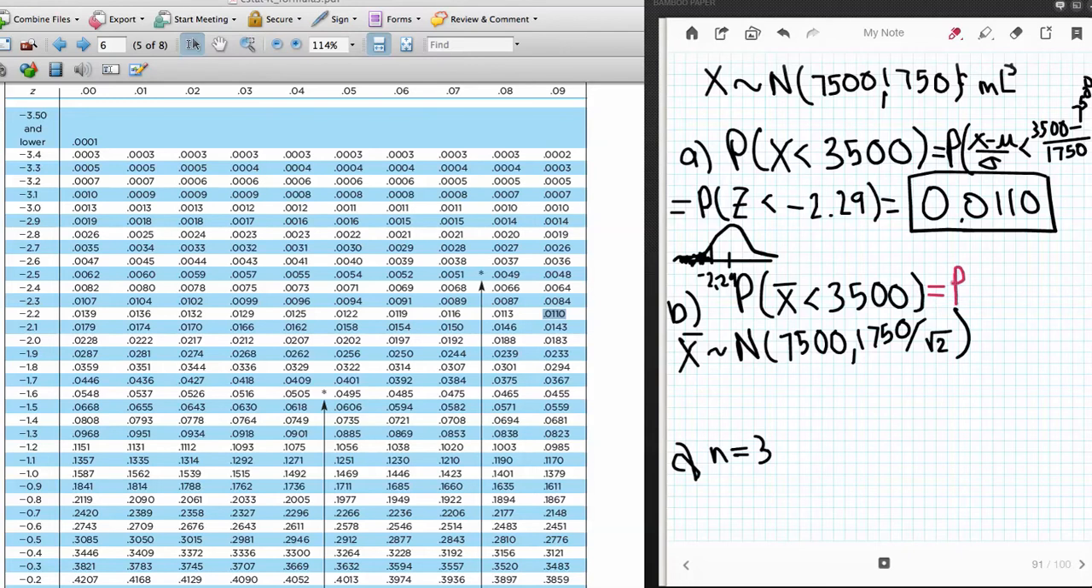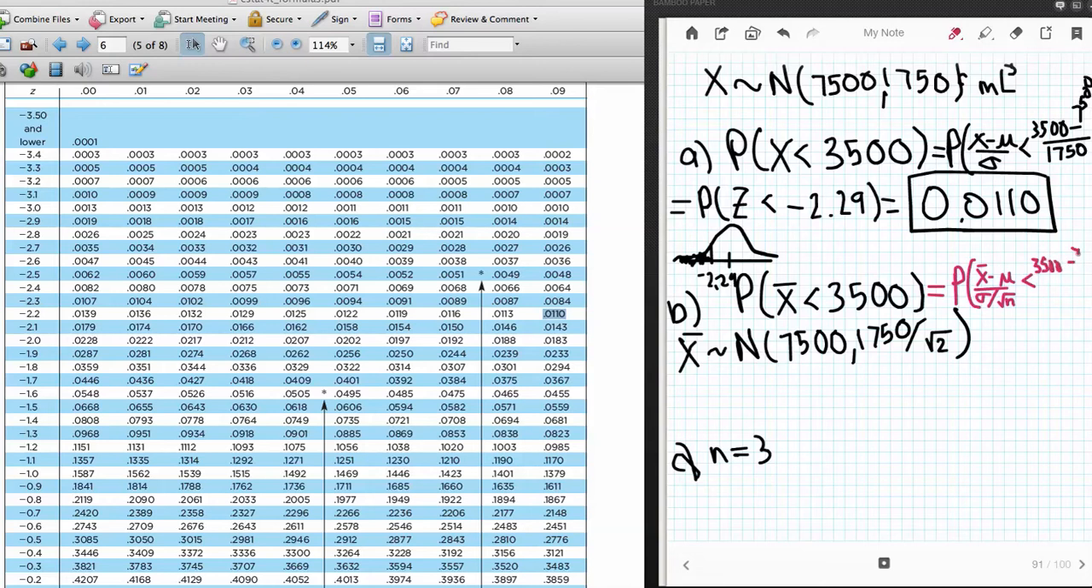So we have the probability, and we have the x bar minus its mean, which is the same as it was before, divided by not just the standard deviation, but the standard error, which is standard deviation divided by the square root of n. So this time we have the same number we had really up here, the negative 2.29 with a few more decimals, and then it's going to get multiplied by the square root of 2 because we're going to have this 3,500